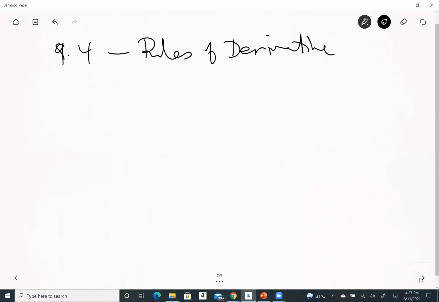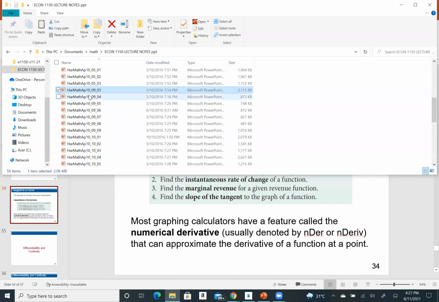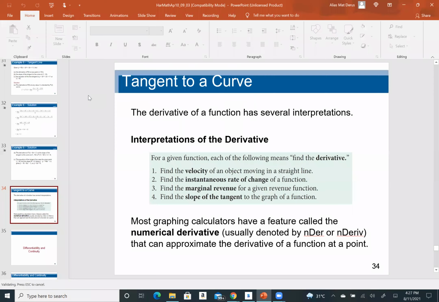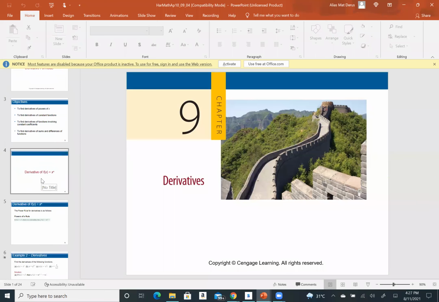You consider a function, y equal to f of x. We want to find the y prime or f prime of x. So this is where we will start. I show you the rules. Everything here is in the book. I just show the rules here so that I don't have to write these things. Now, first rule